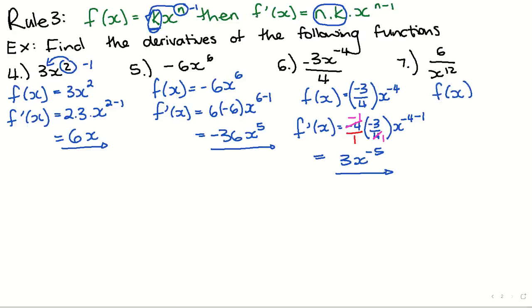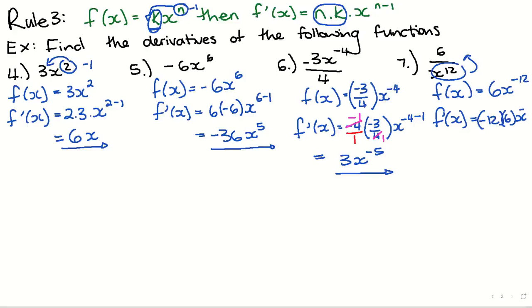It's always in the numerator. And we know that if we're to move this up, all that's going to happen is we're going to change the sign on the 12. So we end up having 6x to the minus 12. And now I can go find my derivative of this function, which ends up taking this minus 12, timesing it in front. So we've got minus 12 times by the 6x,